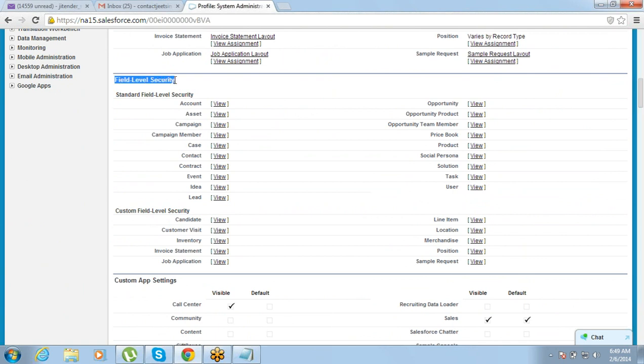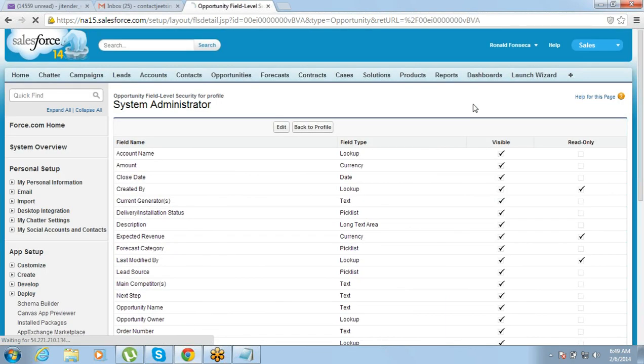So this field level security basically allows us to control the security at a field level. Let's say opportunity amount is a field. I don't want this profile to see it. So opportunity amount, object is opportunity. You should go to the opportunity object, click on view. Once you click on this view button, it will show you all the fields of this object, and then we'll have the option of controlling the access for one of those fields.